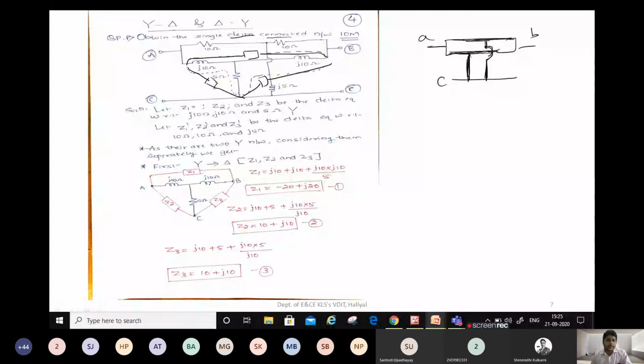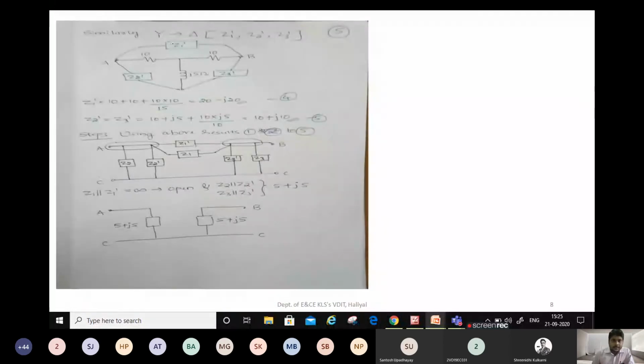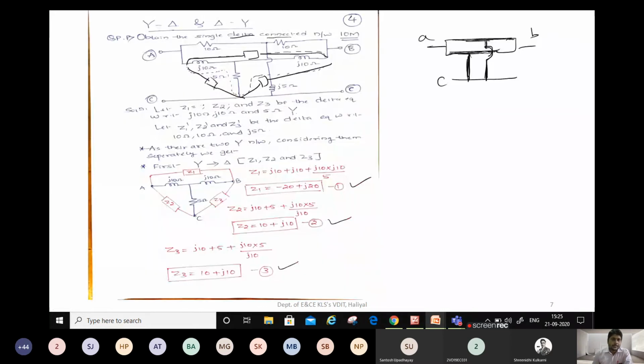and the same impedance should be added. So if you do this, you will get this equation. Okay, and similarly if you find Z2, you will get this equation. Here, that is second network I have considered. This is Z1 prime, this is Z2 prime, and this is Z3 prime. So with respect to 10 ohms and J5. So these things 10 ohms, 10 ohms and J5 ohms.